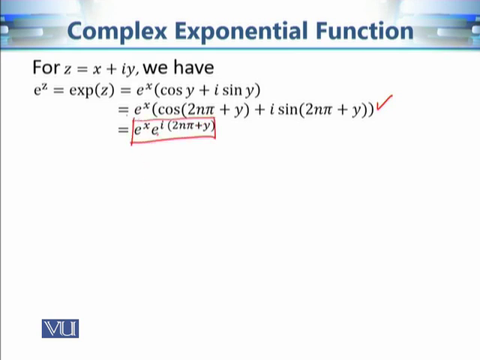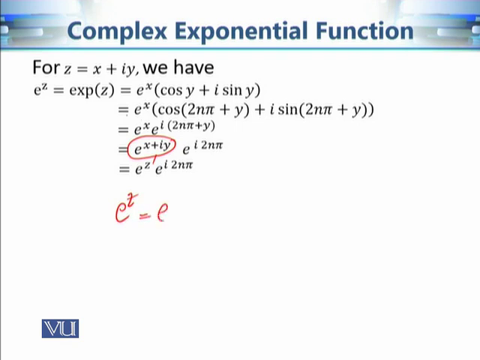So e raised to power x, e raised to power iota 2nπ plus y. Now if we just separate this y from iota 2nπ, then we get this expression. So this is just e raised to power z, and this is e raised to power iota 2nπ. So from this calculation, we can say that e raised to power z is equal to